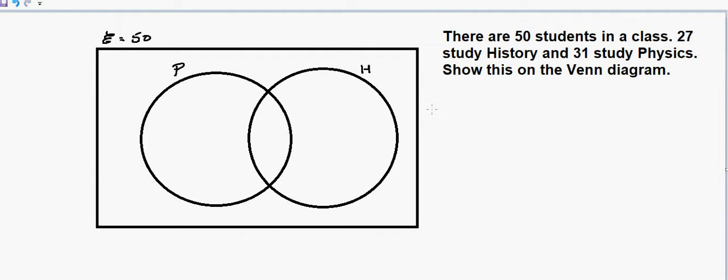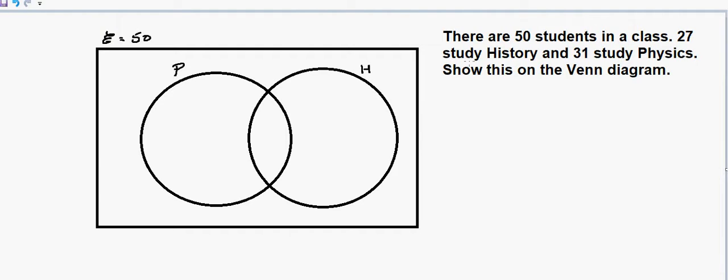Okay, so if we take this as an example, there are 50 students in a class. Okay, so 50 is a universal set. With Venn diagrams we talk about sets. You don't really need to worry about it too much, but you'll see this fancy E, which stands for the universal set, which is the totality that we're dealing with. So we're dealing with 50. Okay, so we have 50 students,